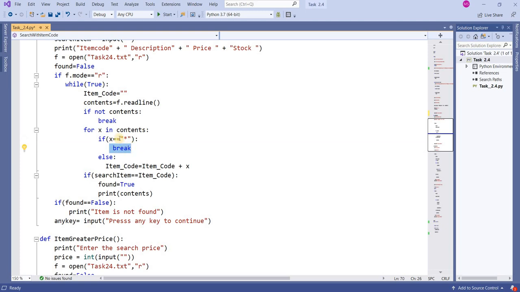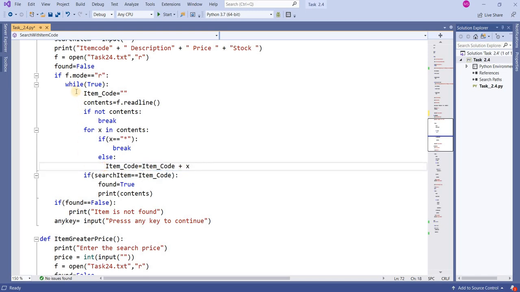If it is not star, because first we have entered the item code, else item code by default is empty. You see here it is empty, and it will append all the characters into that item code. What x will become? It will fetch one by one character from the contents and append it into the item code.